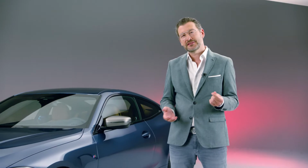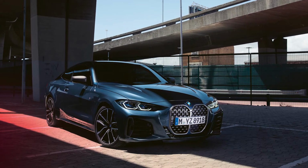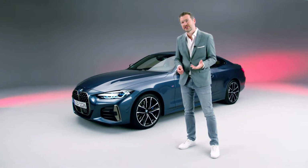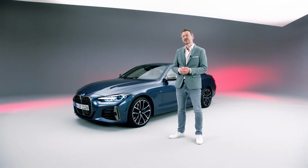The 4, the all-new BMW 4 Series Coupé. It symbolizes the essence of a modern and highly emotional coupe in the very core of BMW. An everyday dream car. The 4 references our heritage and yet presents a progressive and confident interpretation of the